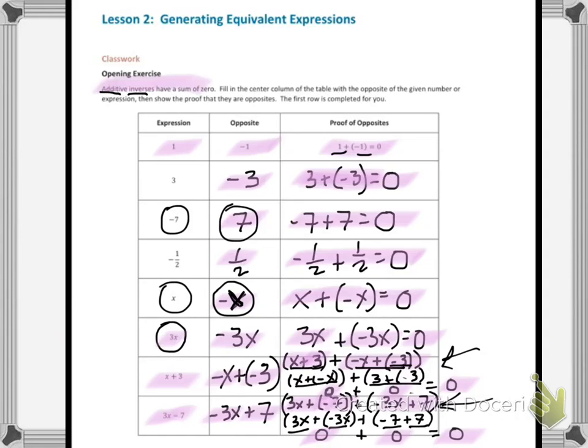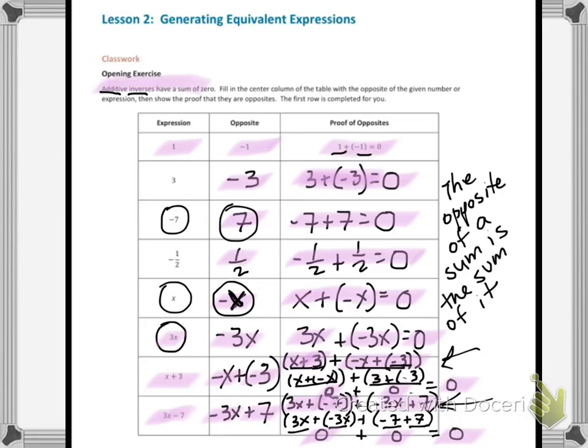Now, one of the generalizations or a rule for the opposite of a sum, we've heard it before, and you've heard me say, and haven't been exactly totally clear about it, but this whole idea that the opposite of a sum is the sum of its opposites. Now, hopefully, that is becoming clearer and clearer to you here, because as you can see,